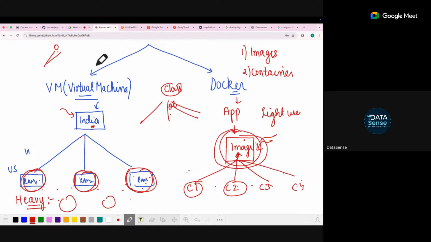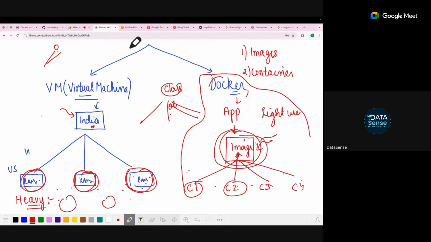But the application is different. Virtual machines can be used for big deployments, big use cases, but for things like websites, machine learning models, and data pipelines, Docker is a better thing. But when you have to deploy something big, for example, in a company there are thousands of employees, right? And they are connected to something. There is a lot of data, a lot of things are there. There, a virtual machine can make sense. But when I'm talking about deployment of a single machine learning model or a single data pipeline, Docker comes into play, and Docker is more logical.